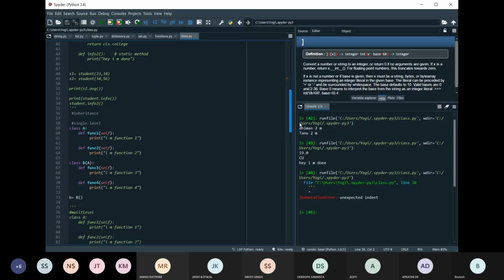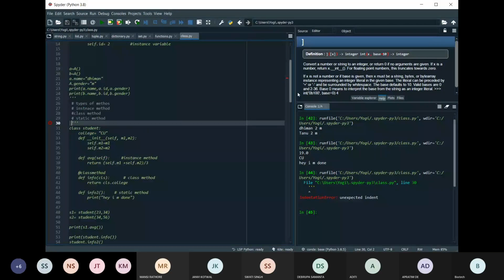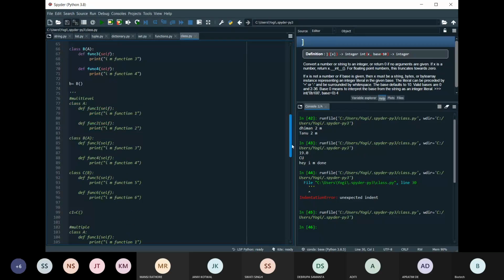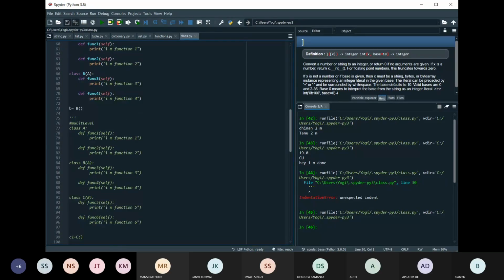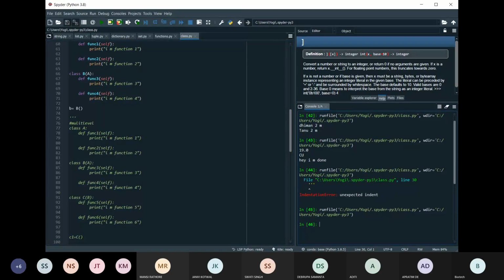It is in a comment, then why is it giving the error? Wait for a second.